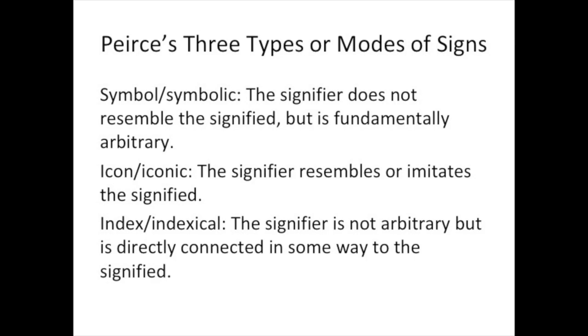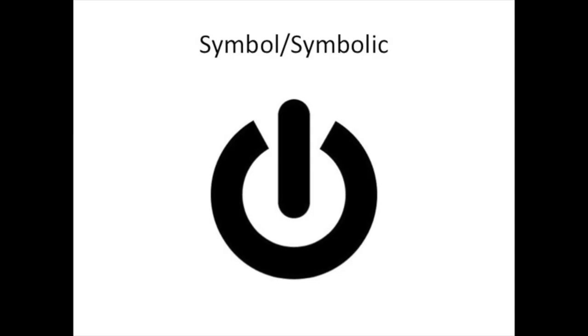So here we've got a symbol. It's the on-off symbol for a computer and a variety of different electronic devices. There's nothing in there that says on or off. And if you were to look at it, you could say, you know what it looks like to me? It looks like a wheel of like a gurney or a wheelchair or something. I see the axle and I see the wheel. Well, that's not what it means. It means on and off, and that's utterly arbitrary. So until you learned that that was the on-off button, you had no way of knowing that that was the on-off button.